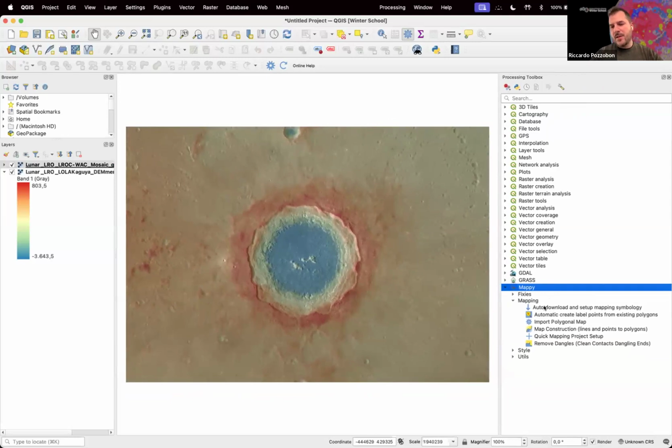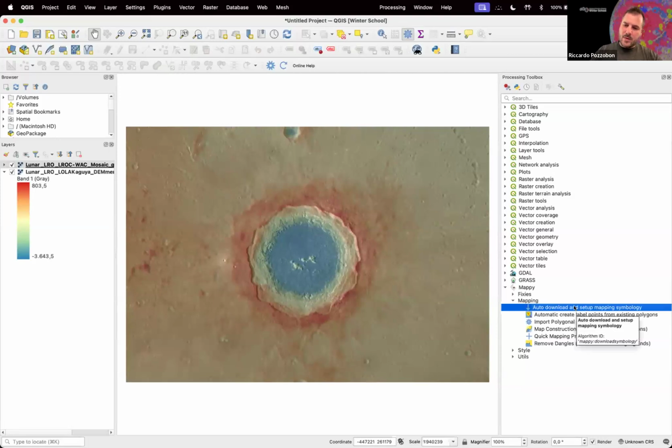You have many things. The first thing that all of you have to do, and just once, is to download and set up mapping symbology, because we are editing lines and polylines and polygons, but we want them to symbolize objects that are going to be represented on the maps. Could be faults, fractures, scarps, reverse faults, whatever. But to do that, we need to auto-download and set up mapping symbology, which was kindly prepared by Alessandro Frigeri and provided for us. So you double-click,